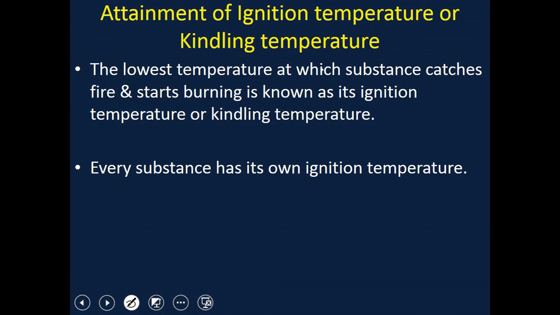So we have seen that for the process of combustion to take place, a combustible substance must be there. If a combustible substance is not there, the process of combustion will not take place. And what was the second point? The second point was that the supporter of combustion, which is air or oxygen, must be there. And the second point we have proved with the help of activities also.